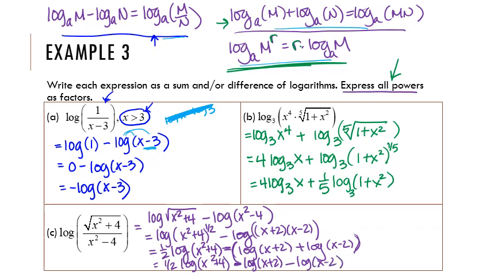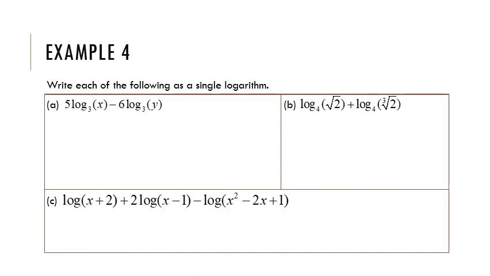Let's continue going. So now let's go back to writing things as a single logarithm. So we're going to now do the opposite direction. So notice with all of those properties, so for example, log base a of m minus log base a of n,